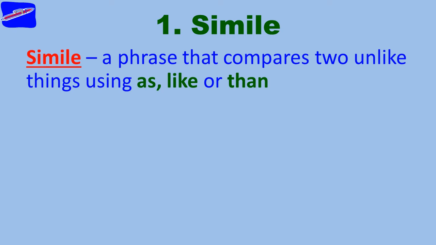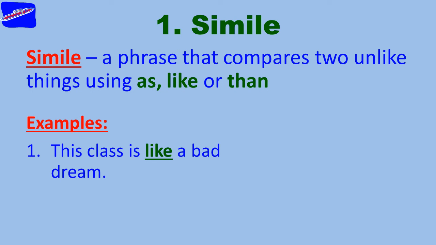Our first type of figurative language is called a simile. The definition of a simile is a phrase that compares 2 unlike things using as, like, or than. The important thing is that the comparison is between 2 things that usually would not be thought of as being alike. The whole purpose of the simile is to force us to think of the 2 items in a different way. Some examples of a simile might be